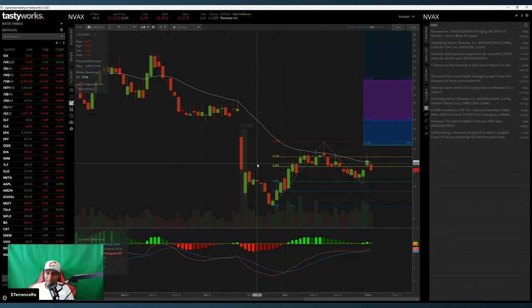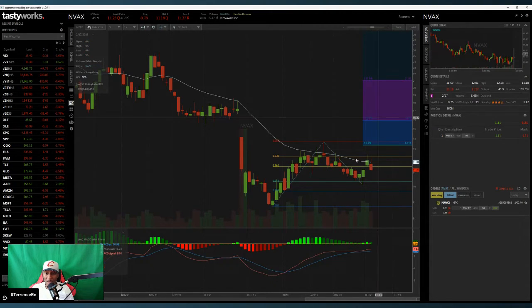Instead of buying, now I could buy. If I bought shares and I'm right, I'd make a whole lot more money. Buying shares and it jumping up to $21, that's a whole lot more money than the put that I sold. However, selling the put, I have less risk than if I had just bought these shares. If I bought 100 shares, I'd be into this trade for $1,000 instead of the $111 that I'm managing with